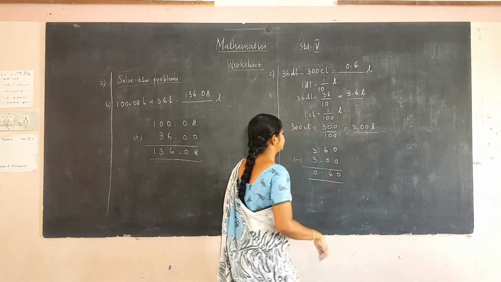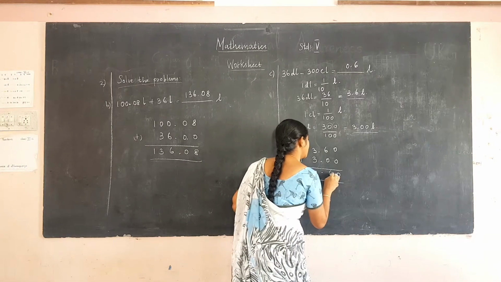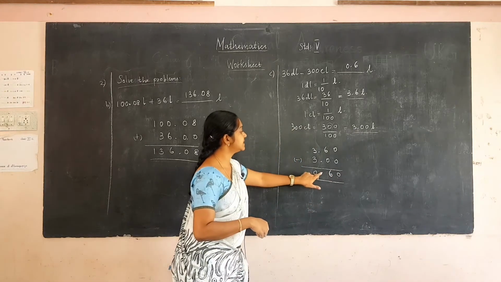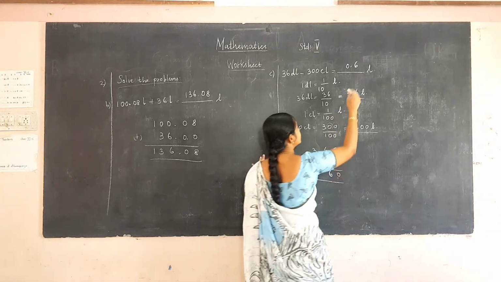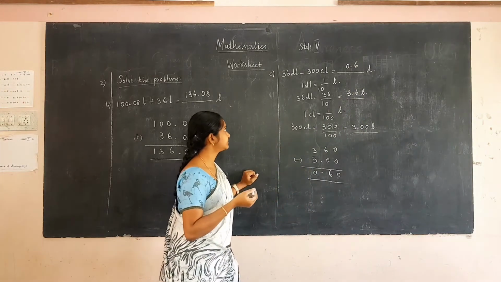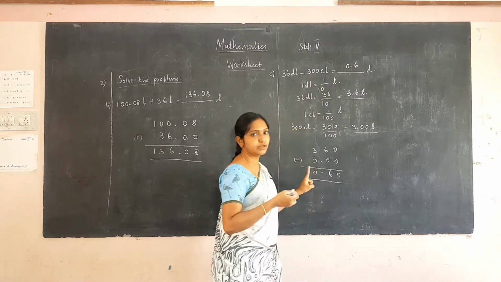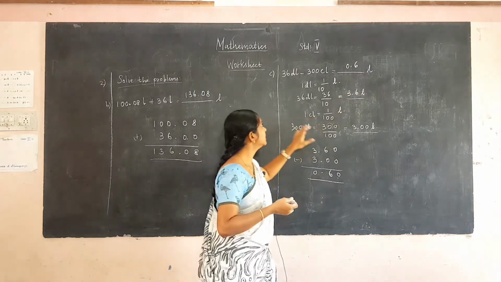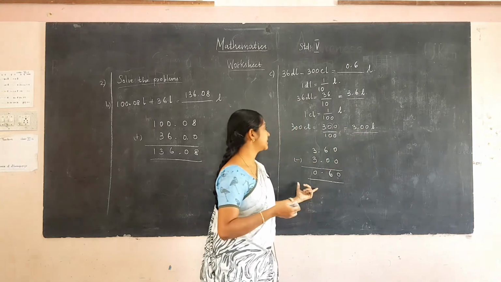0.6 liter. After the decimal point we are having 0. This 0 has no value, so we can leave that. If we write that 0 also, no problem. Both are equivalent decimals. We should convert all the units to a single unit, and then we have to subtract. The answer is asked in liter. So I have converted deciliter to liter and centiliter to liter, and then we have to subtract, and that answer will be in liters.